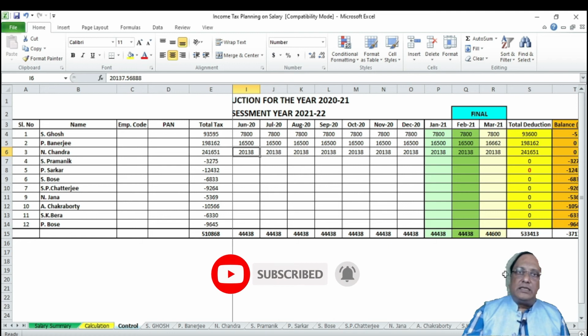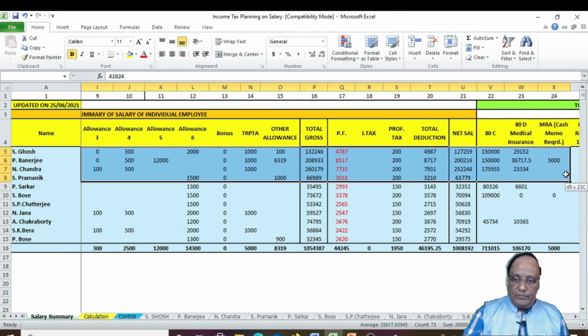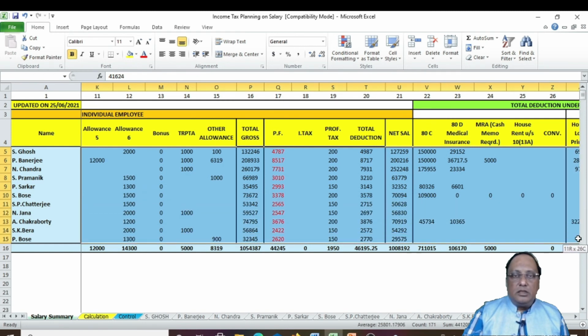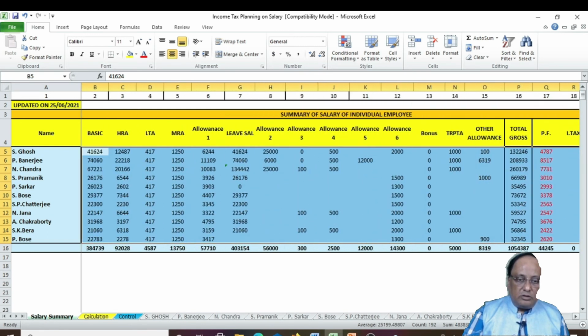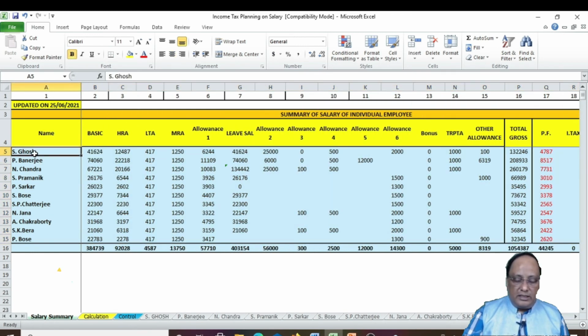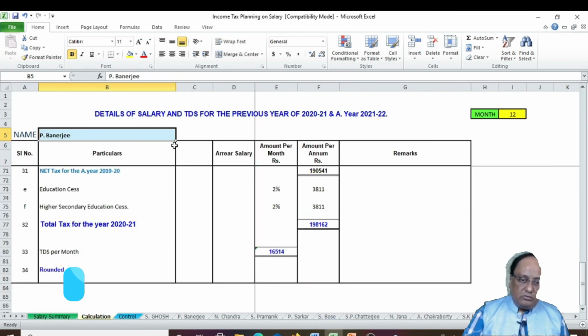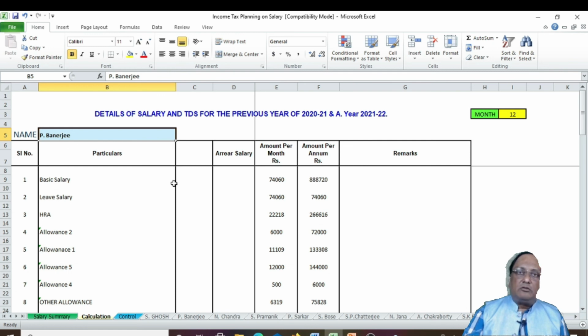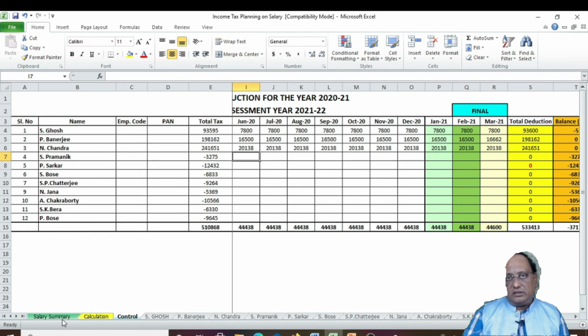So this is the basic calculation sheet and control sheet. Again and again, you have to fill up this area, copy the name and paste it here in the calculation sheet. You will get all the details and every data. I hope it will give you the full benefits of tax calculation and preparation of Form 16.